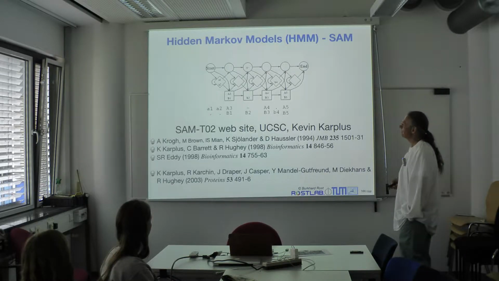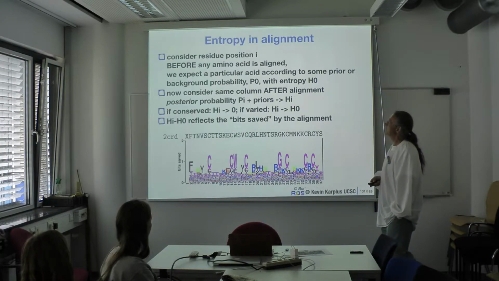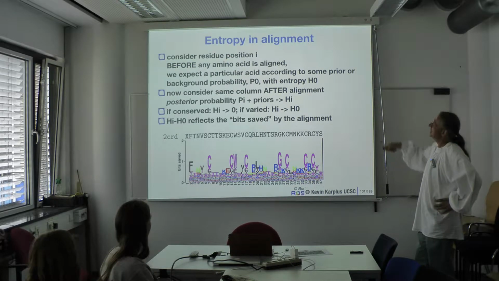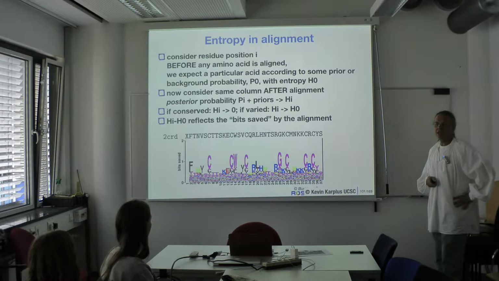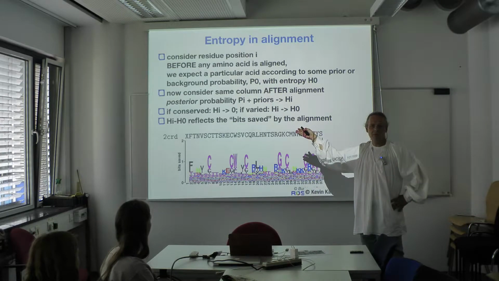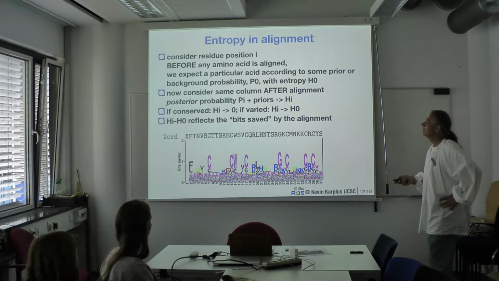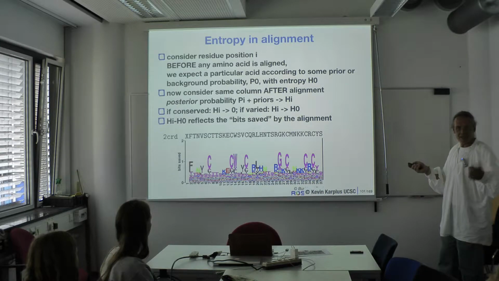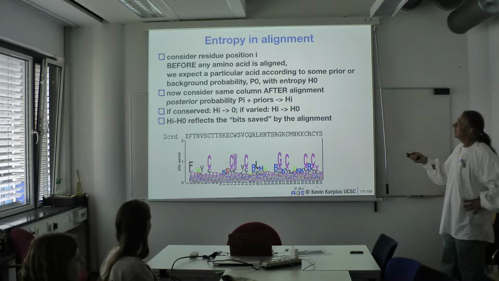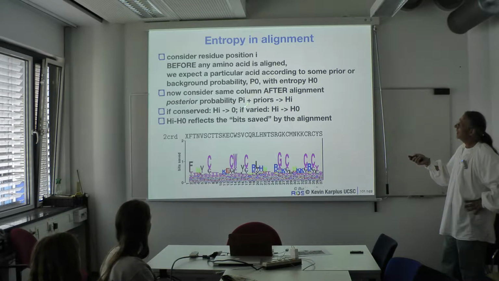And the way you define these transitions is, you look at an entropy, and before any amino acid is there, we simply have the background probability, right? This background probability is ultimately the BLOSUM matrix. Okay, that's the zero point. Now, once you have something aligned, like before, once you have valine added to that, you have the priors and posterior probability, so what you see, and that gives you a new value. So if it is conserved,